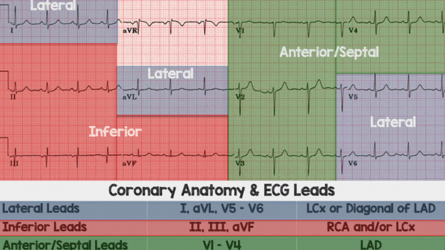So one cool part about this, if we look at a 12 lead of somebody that's having a STEMI, we can look at what leads we're seeing an elevated ST segment in, and we can tell by just looking at that what part of the heart is being affected. Where is that clot at? We can tell whether somebody's having an inferior STEMI, an anterior, a lateral, all just in what leads are there